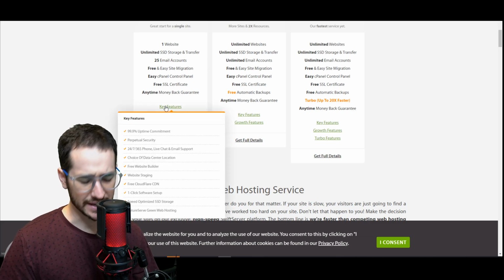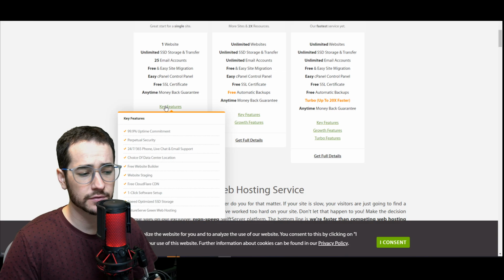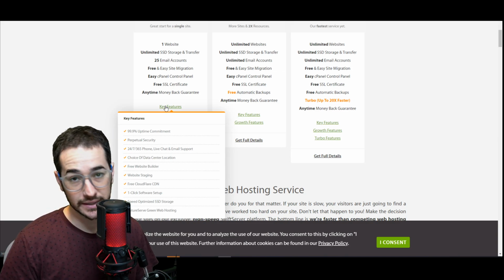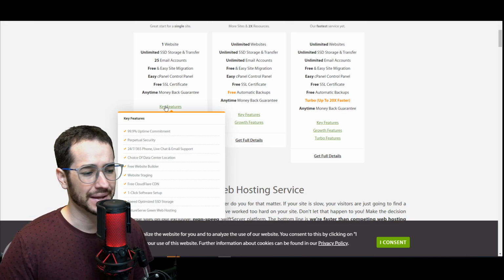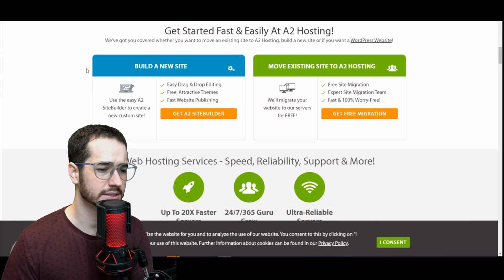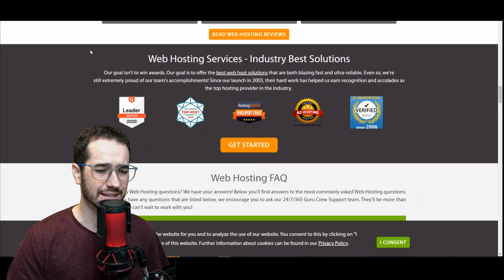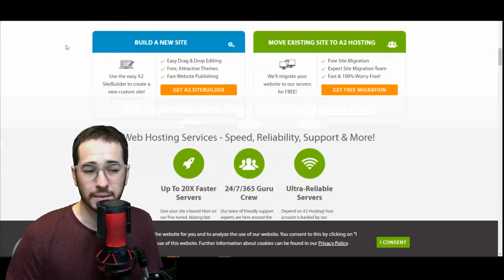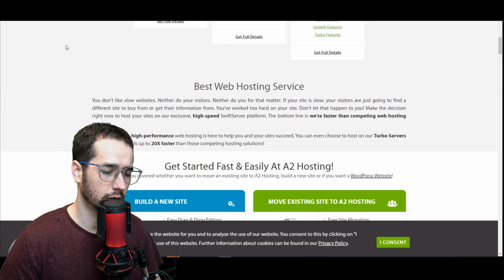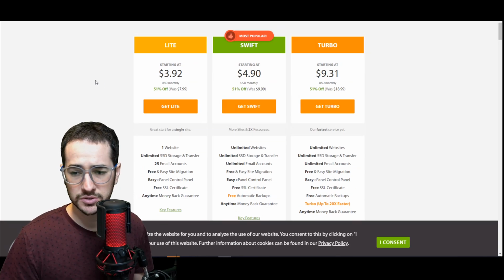So A2 Hosting has some pretty cool features. It has a free website builder, free Cloudflare CDN, one-click software setup. Overall, it gives you everything you need for most of the popular website needs. It has WordPress compatibility and stuff like that. Now, it's not necessarily recommended by WordPress, that being only Bluehost, SiteGround, and DreamHost. But it still has most of the features you need, like